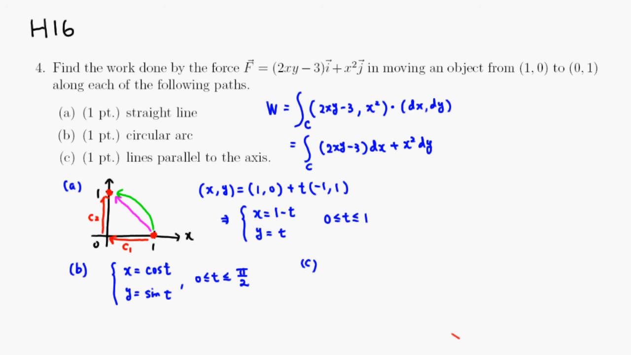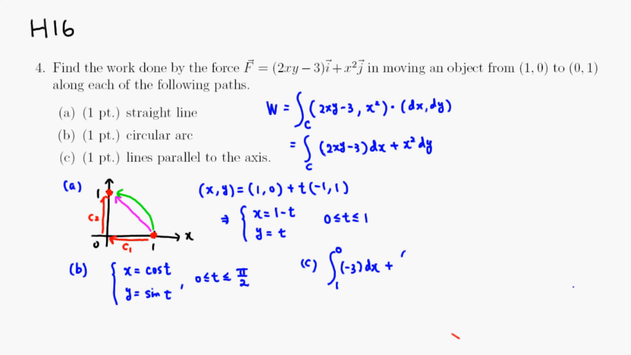Along this path, dy is 0 because there's no change here. So you have the integral with respect to x, and y is 0, so this term is 0 and you just have minus 3 dx, with x going from 1 back to 0. That's the C1 part. And plus,